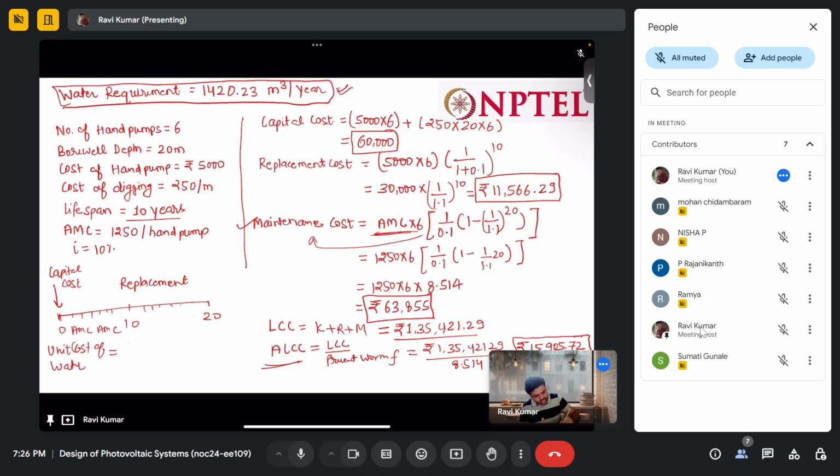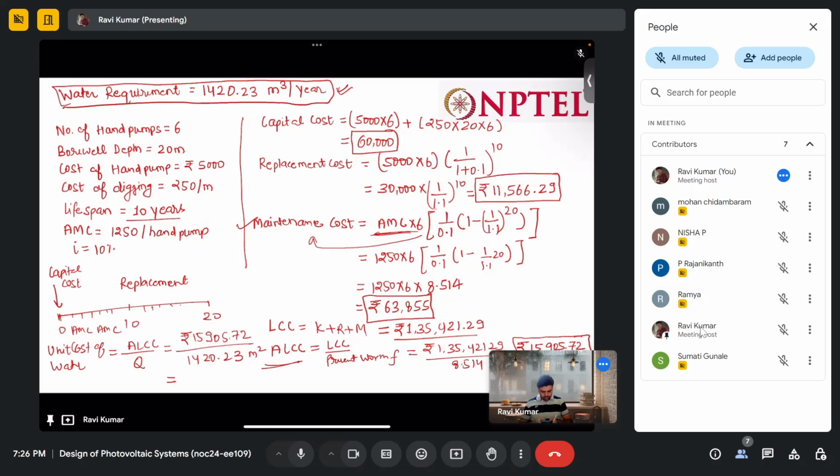It is ALCC divided by amount of water per year. So it is rupees 15,905.72 divided by 1420.23. It is like meter cube and it is like rupees. So our answer will be coming